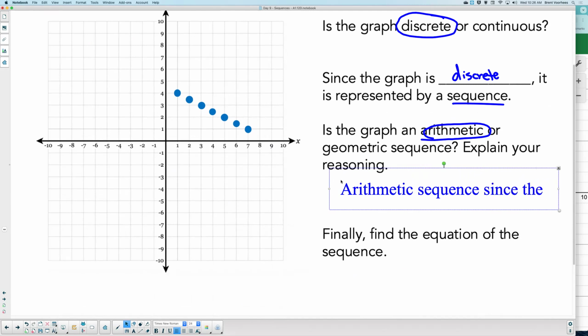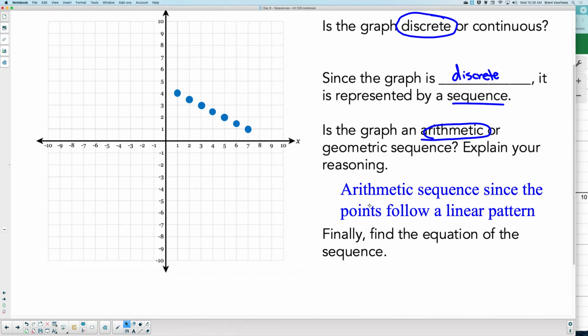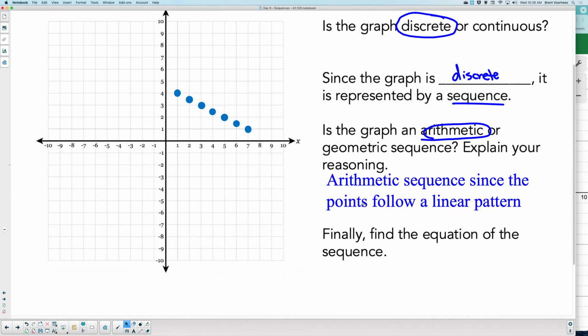since the points follow a linear pattern. If it looks like a line, it's arithmetic. If it curves, it's geometric. Y'all got that? Yep. If the points look like a line, it is arithmetic. If they look like a curve, it's geometric. So if we were going to find the equation,